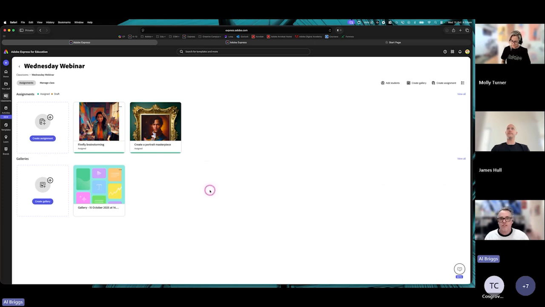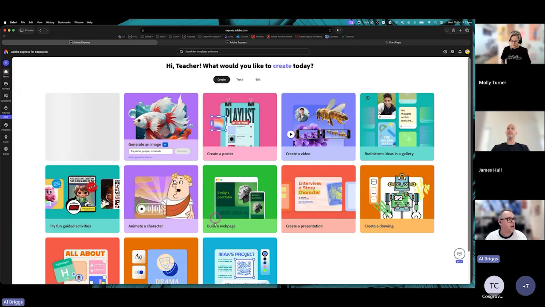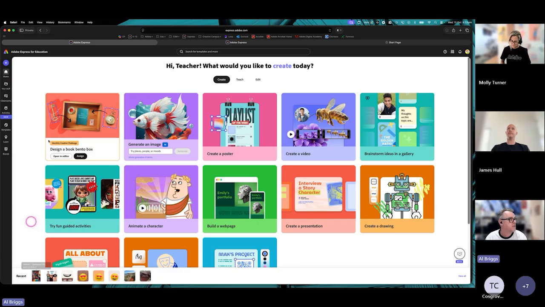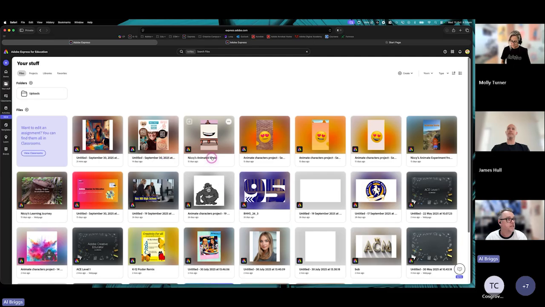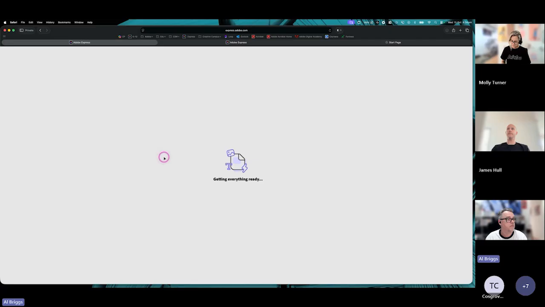You can use existing stuff if you need to, or you can just bring your own content across. Just to go one final time, to show you how it works from an internal document that you've got. So if you've created your own one, let's go to Animate Character Project, for example,